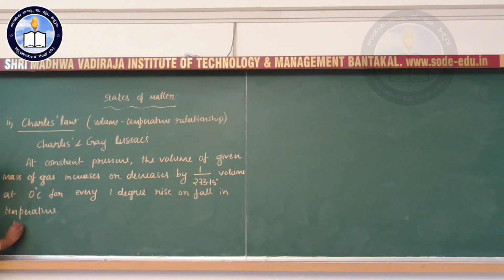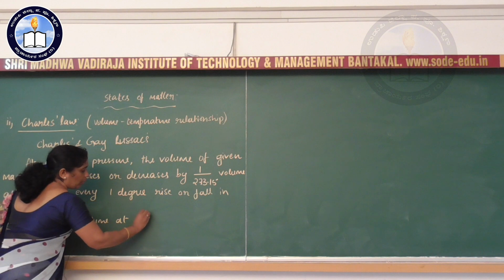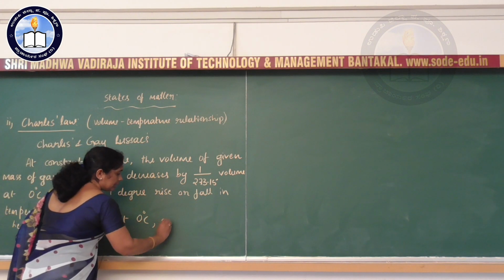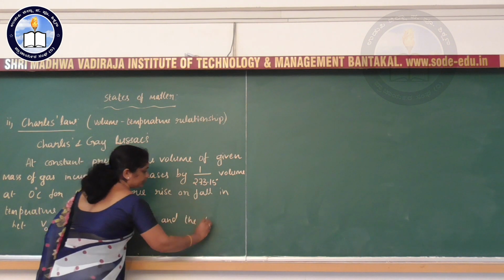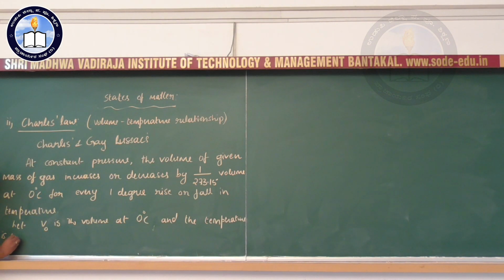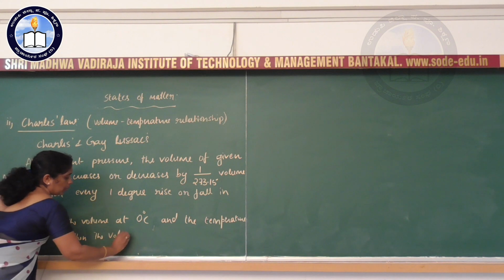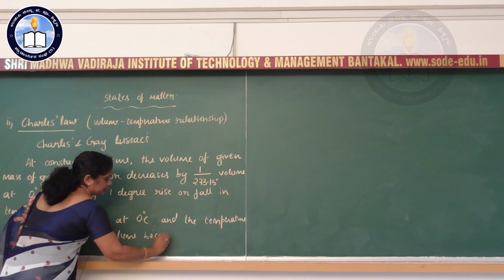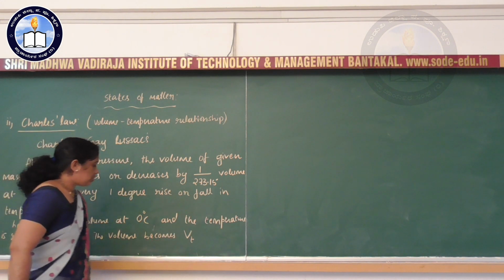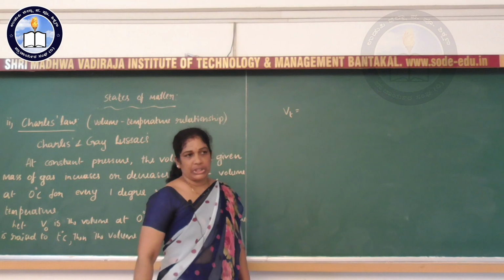For this purpose, let V naught be the volume at 0 degrees Celsius and the temperature is raised to T degrees Celsius. Then the volume becomes Vt. So according to Charles law, the mathematical form we can write as the volume at T degrees Celsius is